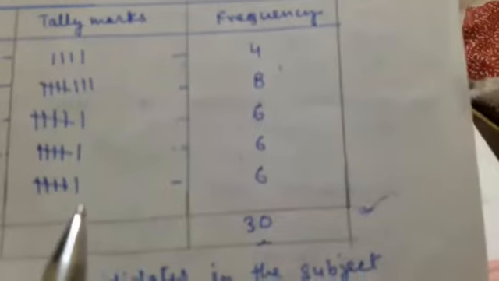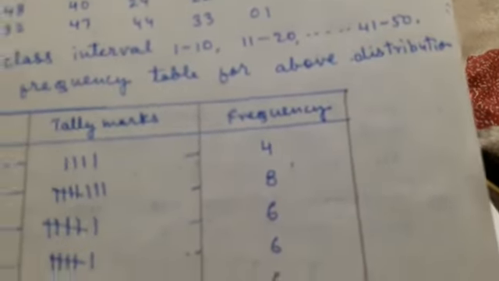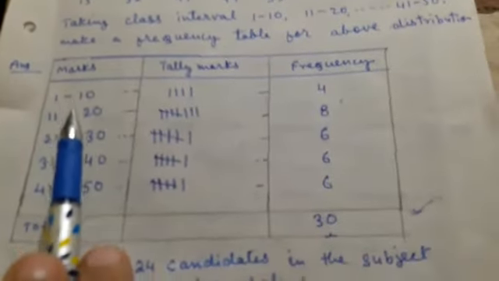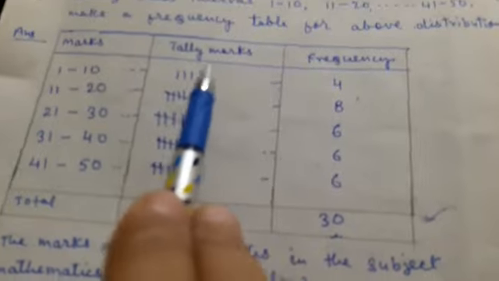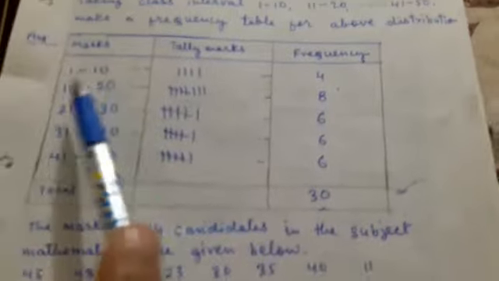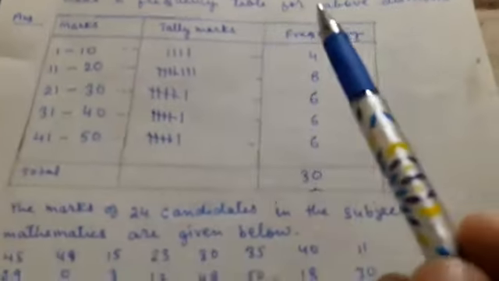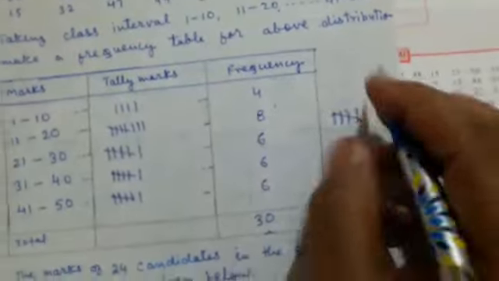How will we make this table? We have to make it with 3 columns. First for marks, second for tally marks, third for frequency. In the first column, we will make the groups 1 to 10, 11 to 20, 21 to 30, 31 to 40, 41 to 50. It is given in the question. Like this we have to prepare it. For tally marks, there is a definite pattern. I told you how we have to make tally marks. There is a pattern for making 5, 1 2 3 4 5, and similarly for 6 we have to write down 1 2 3 4 5 6. Like this we have to make the tally marks.